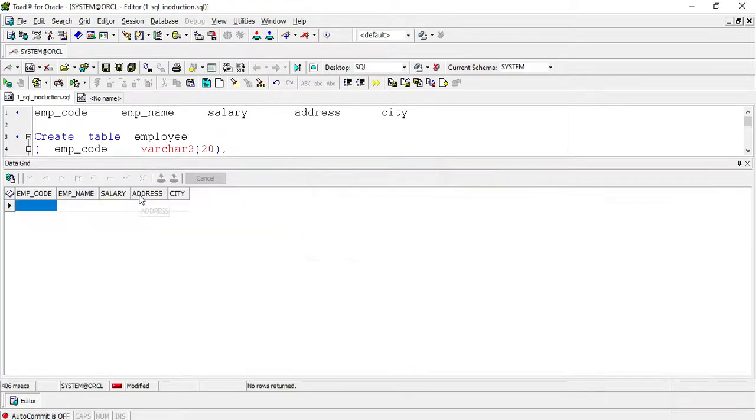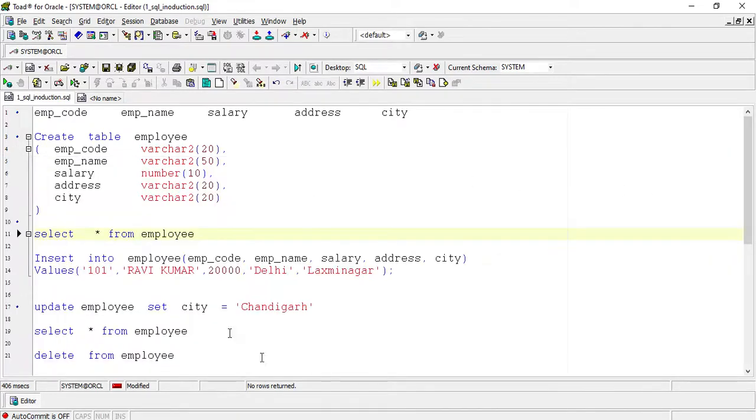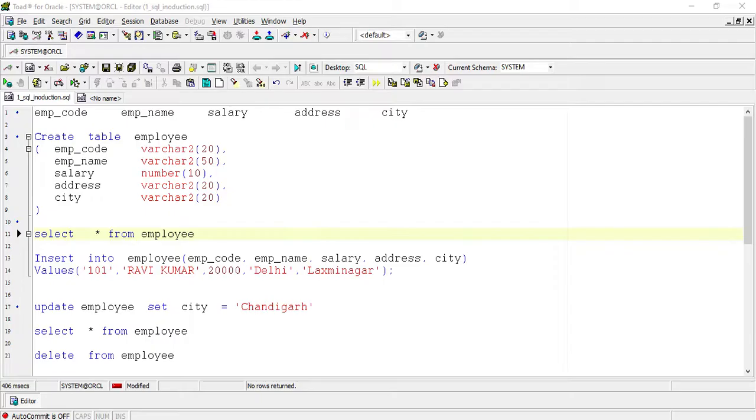So this is my table which is created: employee code, emp name, salary, address and city. Now I want to insert a record into the table by using an insert command. This is an insert command which is used to insert a record into a database.